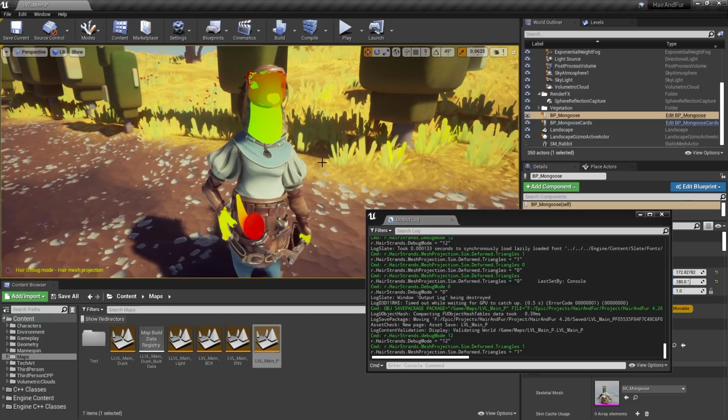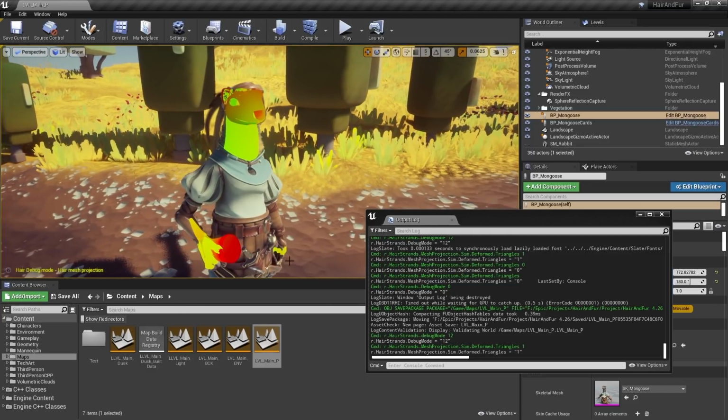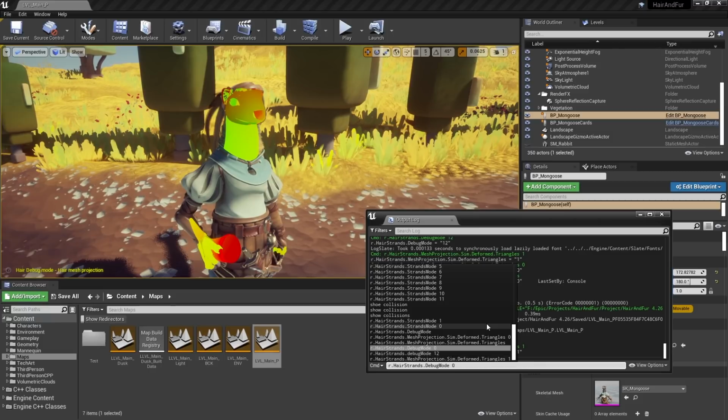I had a bit of a rigging problem with this character when I first attached this hair to it, and I wanted to debug the influences that this hair was following and reading from. And for that I just removed the rest of the groom assets, and I used this command to find and filter the error. So I wanted you to know that there is a way for you to do the same if you have the same problem. Let's undo all of this and go for the simulation.